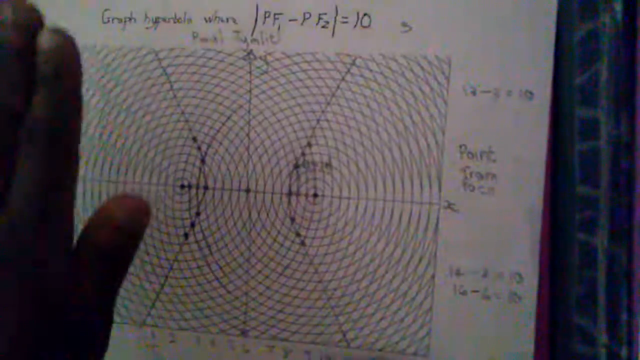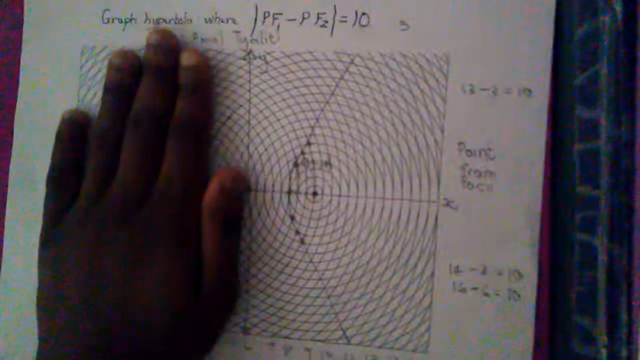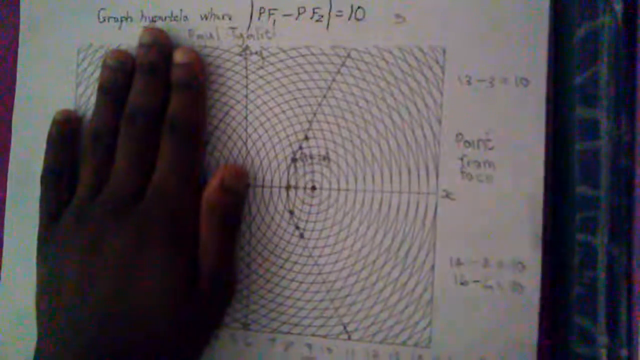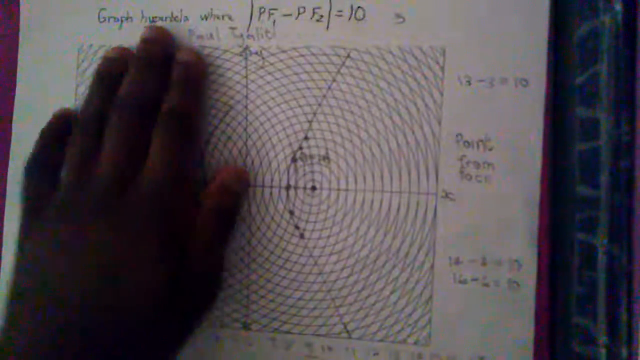So let's just imagine that this branch of the hyperbola was not here, and then let's flip. Now let us flip this graph